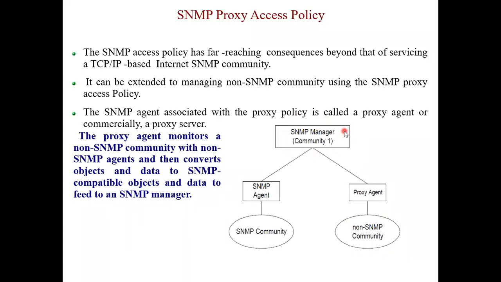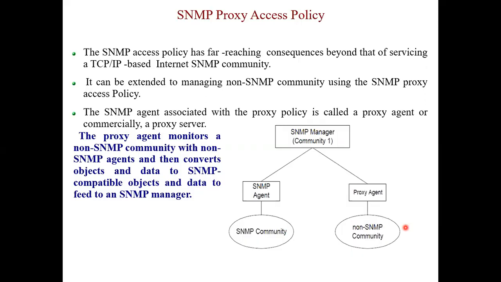Now I have a manager who has an SNMP process built in it, and he belongs to one community. But the other is SNMP non-enabled, a non-managed object. So this SNMP agent will handle all the objects which belong to the SNMP community, but how will the non-SNMP community be handled? I cannot discard that. I cannot say, hey, you don't have SNMP installed, I will not handle you.